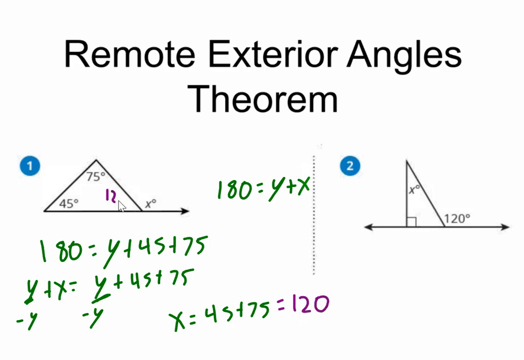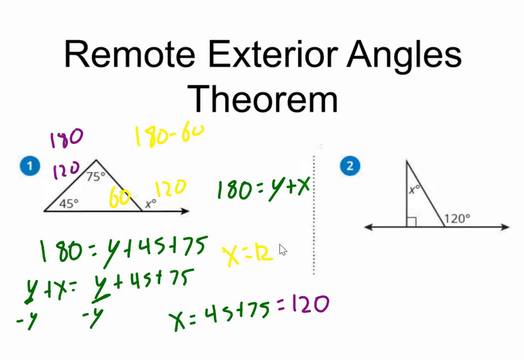And then this angle would be 180 minus 120, that's going to be 60. Then I could say, well, 180 minus 60, because that's linear pairs, gets me 120. So x is 120